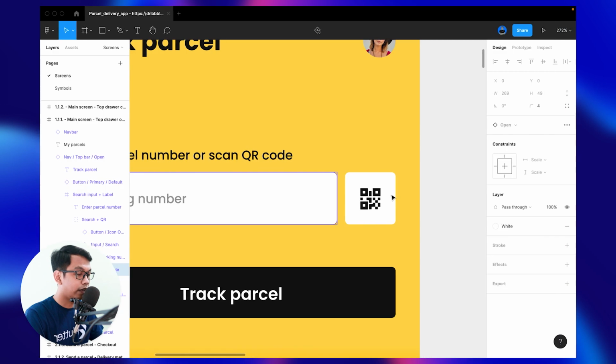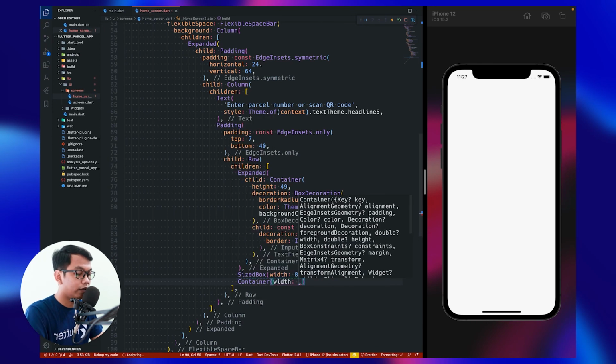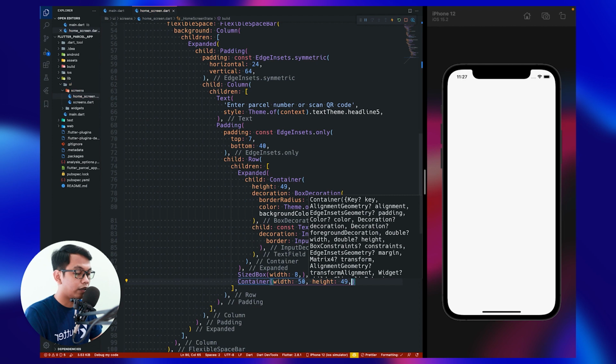And the next is we can call container, which is from the design we can see like 50 times 49. We can call container for the width 50 and for the height 49.